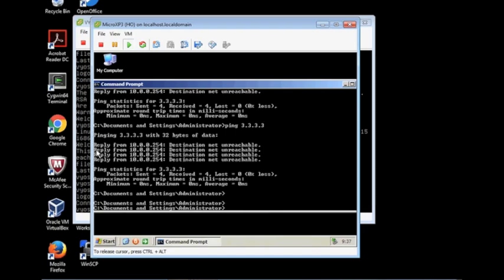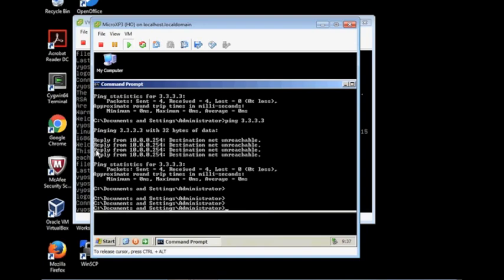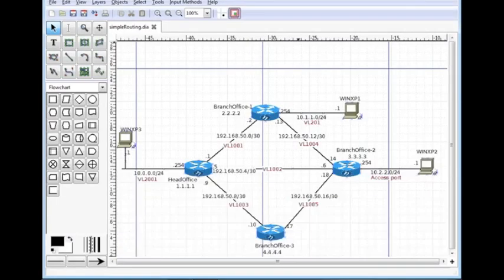Okay, so now a lot of people will probably be saying, well, this is a fairly simple network. Why don't you use static routes? Okay, so we'll use static routes. I'm going to bring back up the diagram, because in this we're going to concentrate mainly on head office to branch office 2 connectivity. I'll put the other connectivity in as well, but for the purpose of static routes, we want to assume that